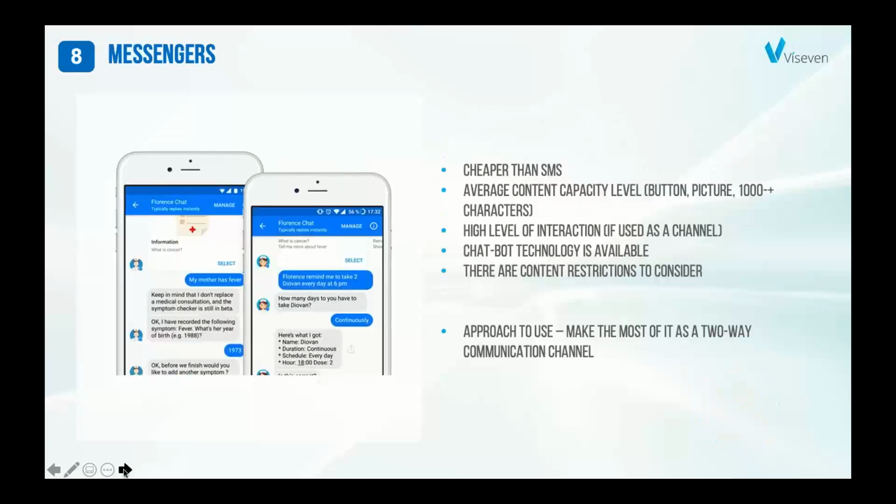Okay, let's go once again. Messengers. Also, I am sure that these are pretty well-known channels to you as users, but they're really not so commonly used in the pharmaceutical industry. And even if they are used, it's just in some kind of one-to-one personal approach between the medical representative and the HCPs.